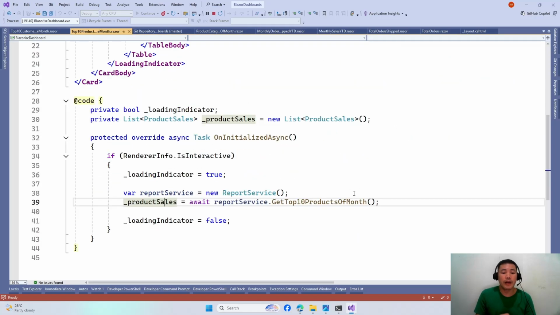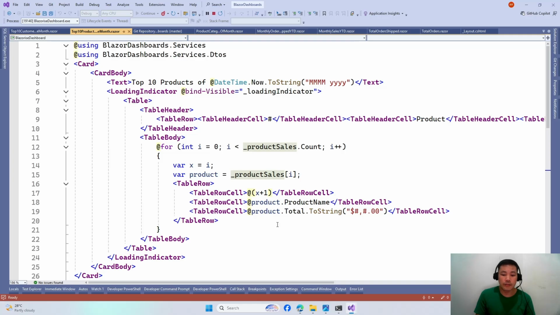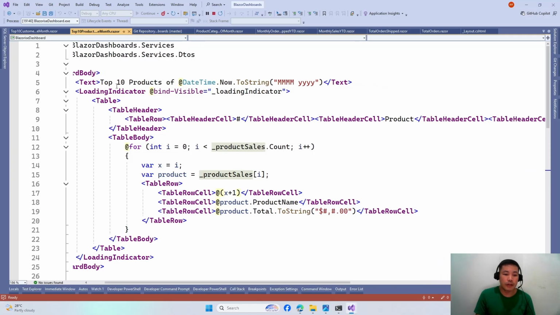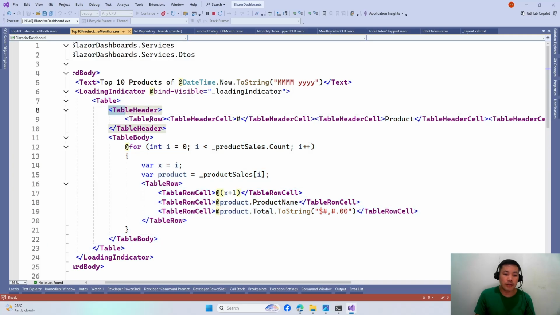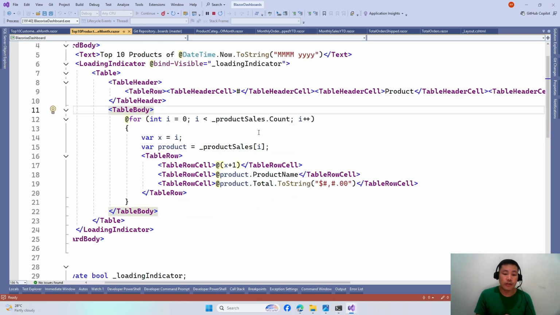Okay, now the structure of the table here is formed this way. Okay, so here's our table. Now I have the table header here, and then I set the headers via the table header cell. We only have 3 columns. And now for the data rows, we use this for loop. Now, as you can see, again, you have